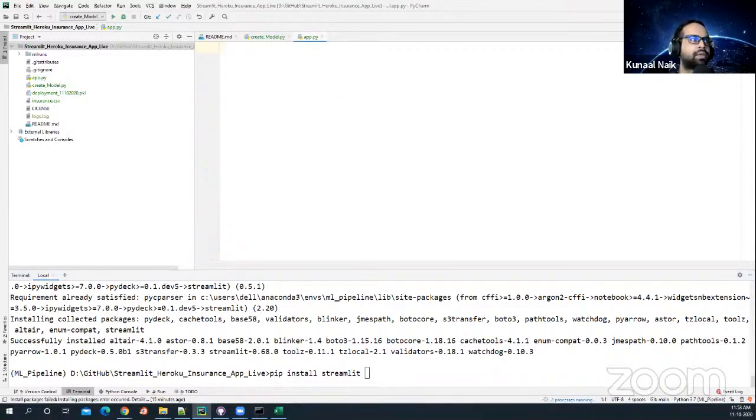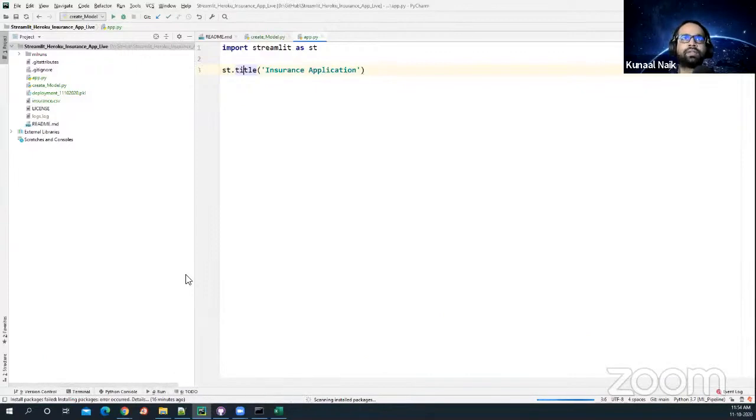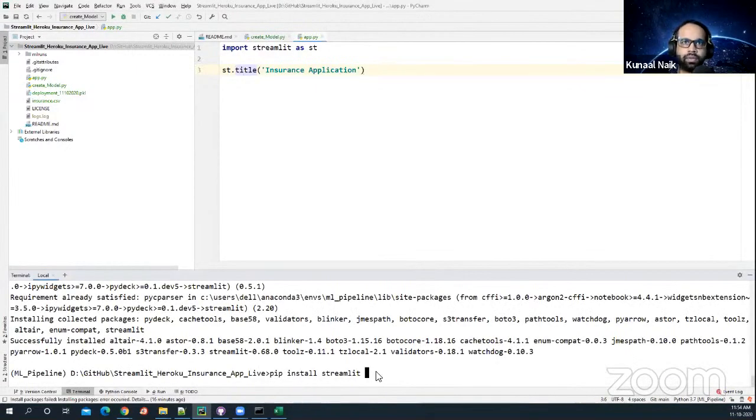To be able to see if Streamlit is opening, we're going to say import Streamlit as st, right? Then I'm going to say st dot title, and give it a small title here, insurance application, right? Save it, and then I'll go to the terminal and say Streamlit run